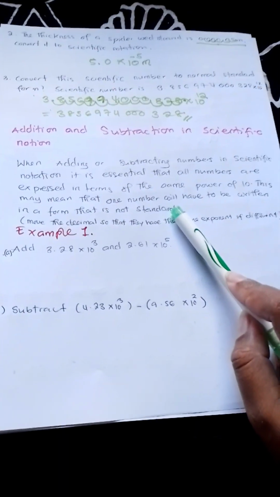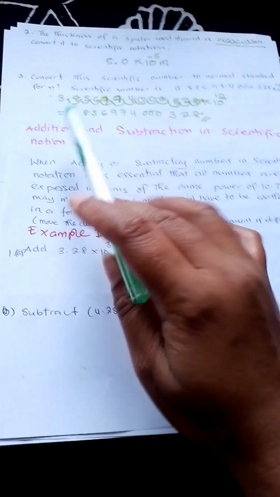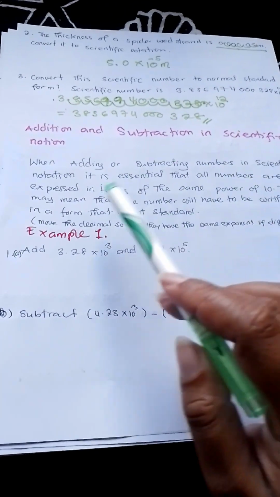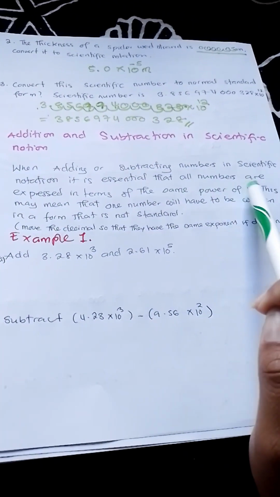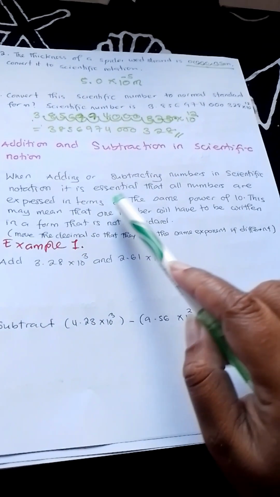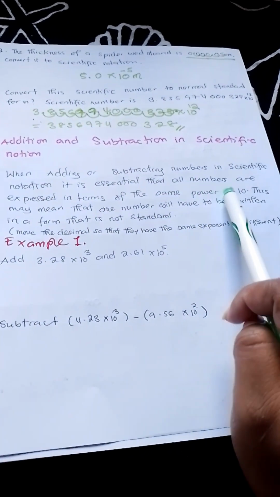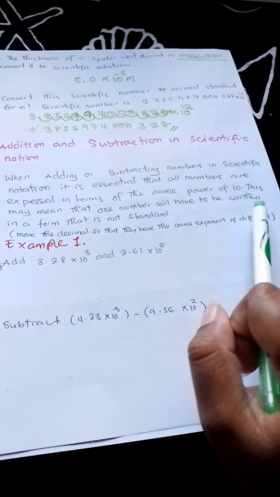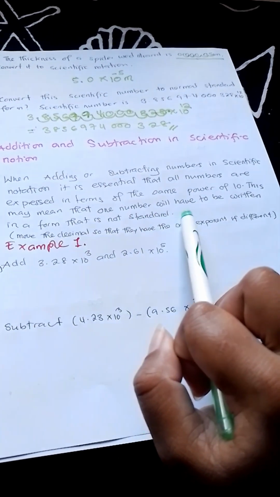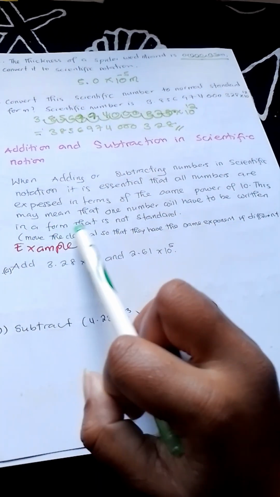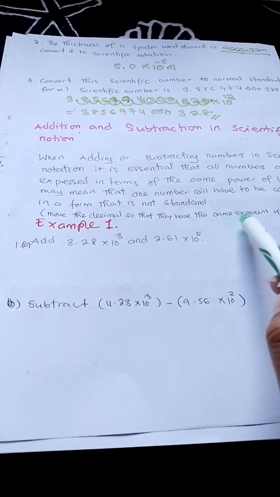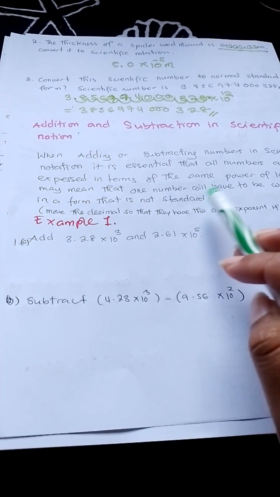Okay, now we'll do addition and subtraction in scientific notation. When adding or subtracting numbers in scientific notation, it is essential that all numbers are expressed in terms of the same power of 10. This may mean that one number will have to be written in a form that is not standard. If you have two examples that have the same two numbers,